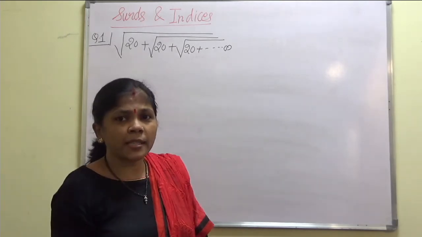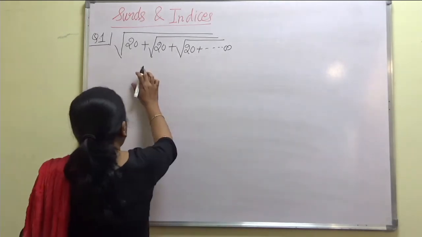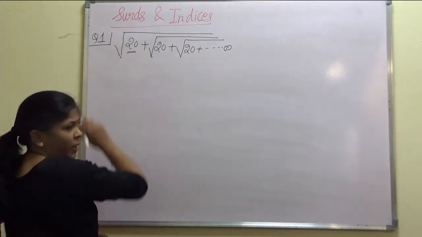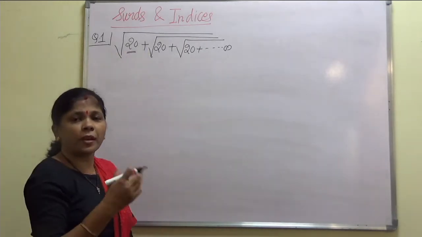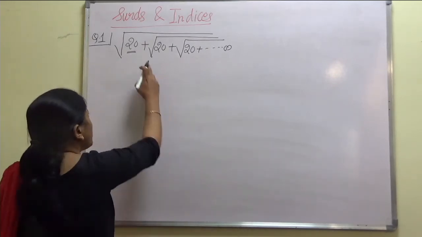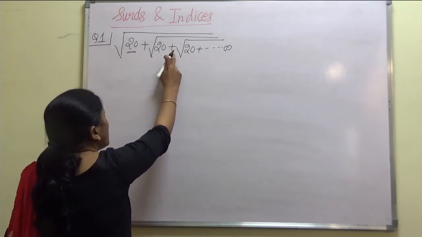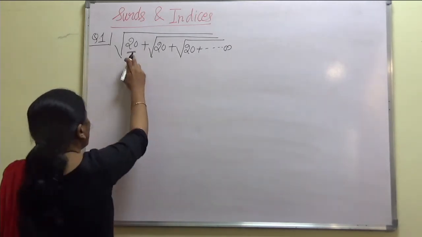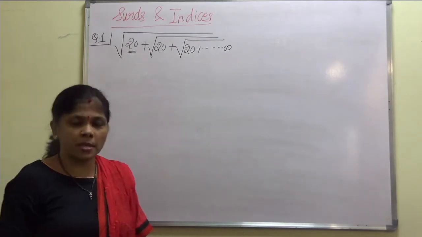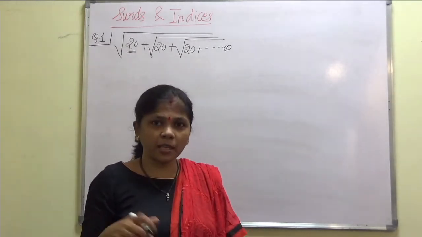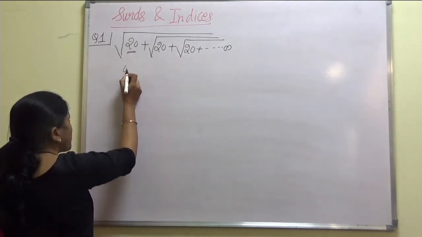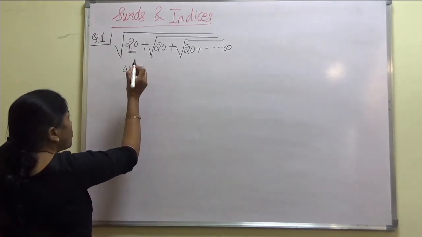The first one is the easiest way. What is the first one? See here, the base over here is nothing but 20. Every time we are asked to find the square root of 20 plus square root of 20 like this, and here we observe the plus sign in between. So what we do here, we express this as the product of two numbers whose difference is 1. Is it possible to write 20 as a product of two numbers? Yes, it is 4 into 5.